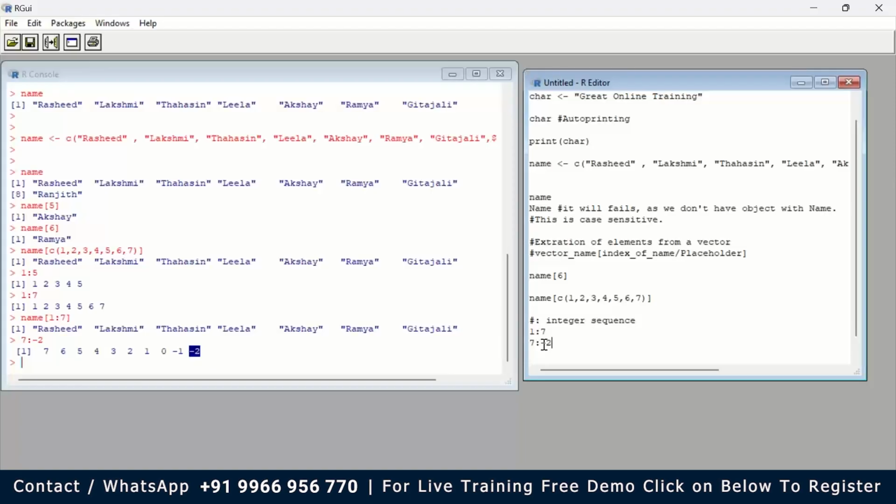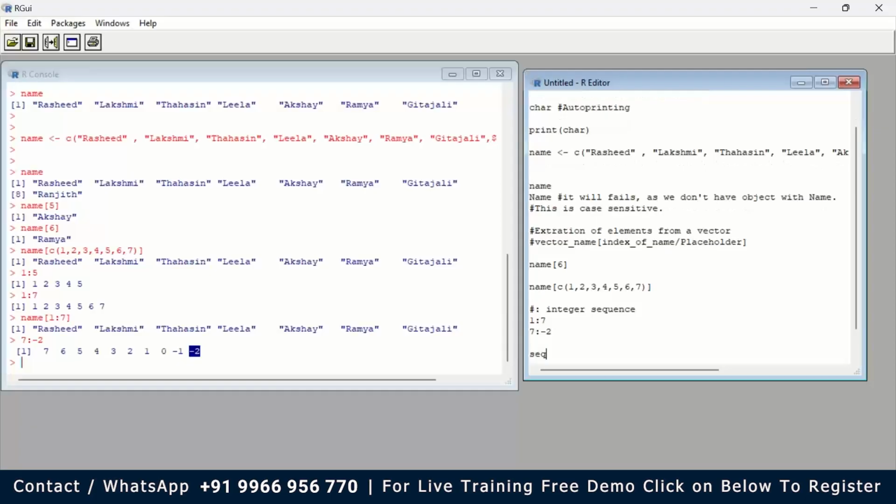You cannot have other differences. So for that, we have another function called seq, for sequence, and we can create one here. We have to specify the start position, the end position, and then by. If you don't know a function, for example, if I don't know how to use the sequence function,